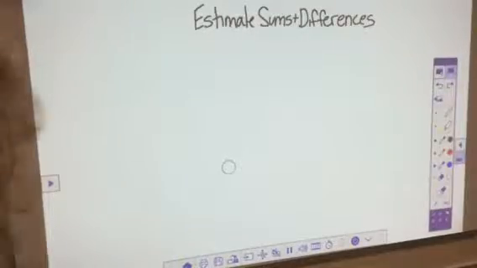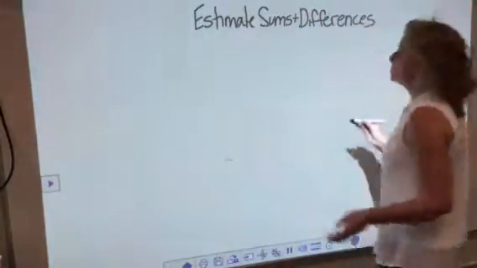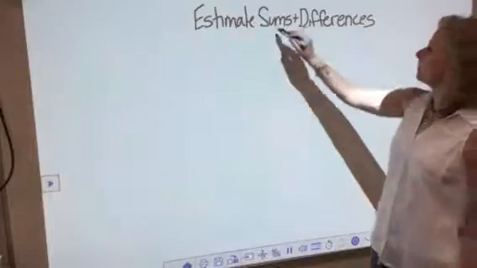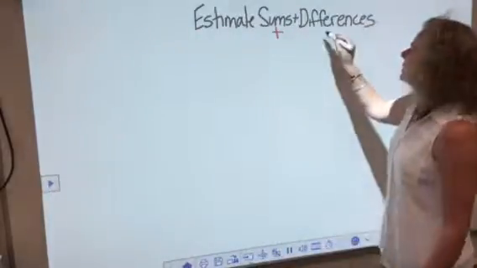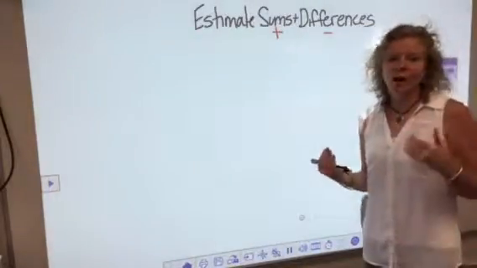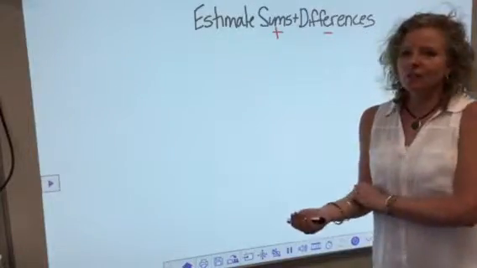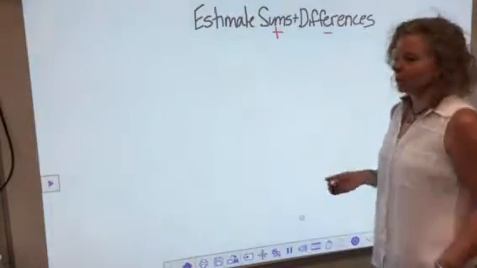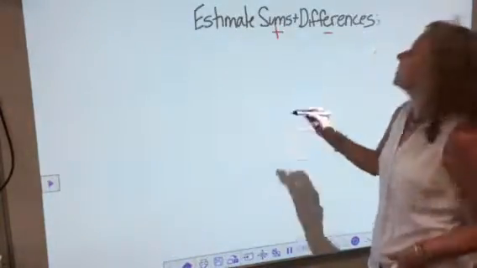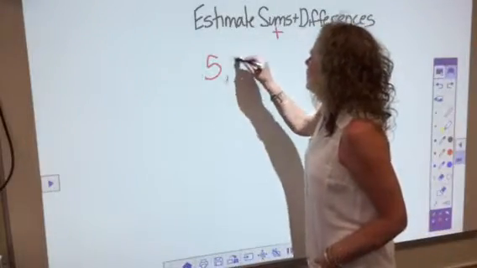All right, let's take a peek. Again, we're going to be estimating sums, and when I see the word sum, and differences, you want to make sure that you have those operations attached to those words. So I showed you with a sum last time. Now we're going to go ahead and estimate